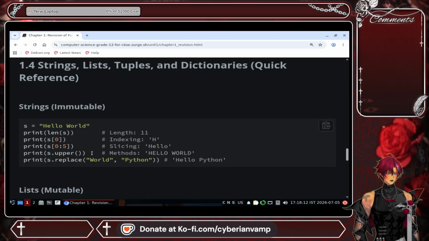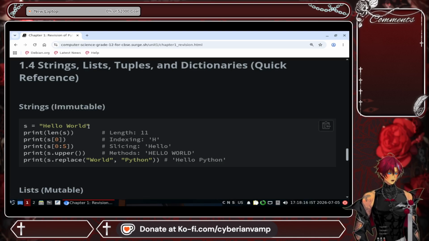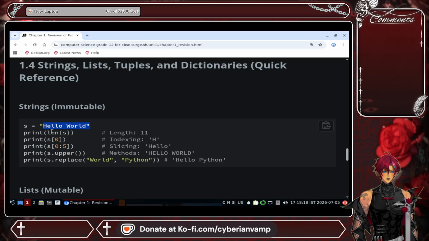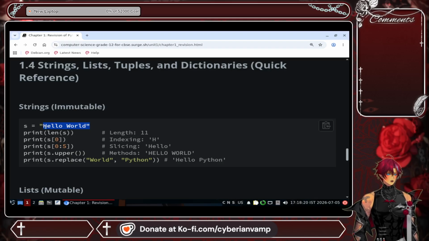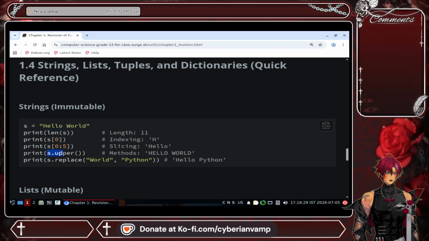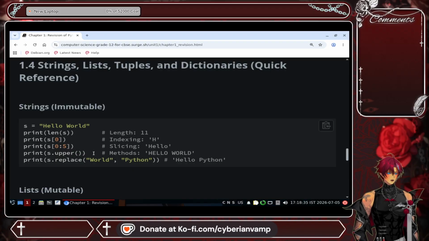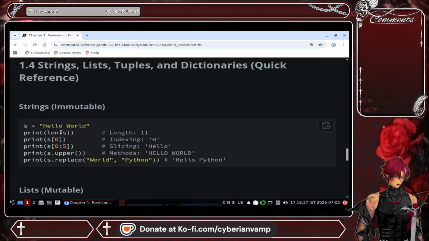Typically, what happens is that it creates a new string based on the old string. It is not referencing the same address in which the values are changed. It is converting the existing value and creating a new string with the modified values. Because s is referencing the hello world string, when you do s.upper,